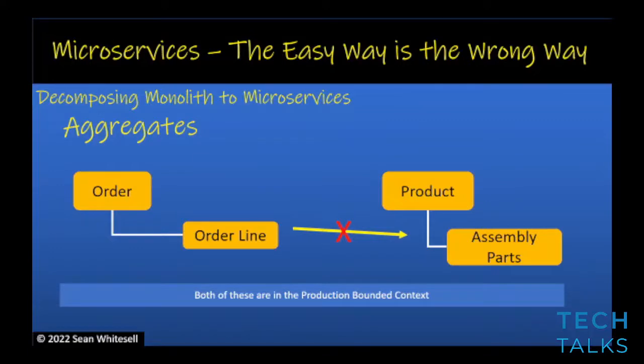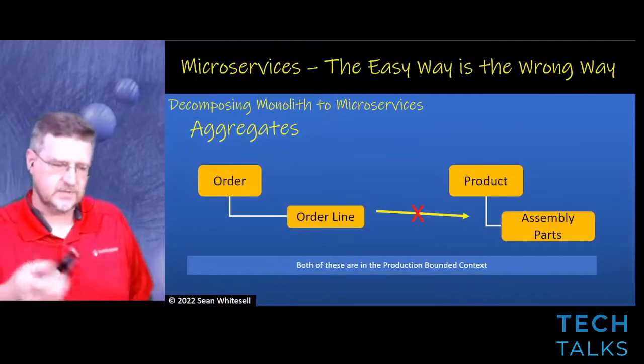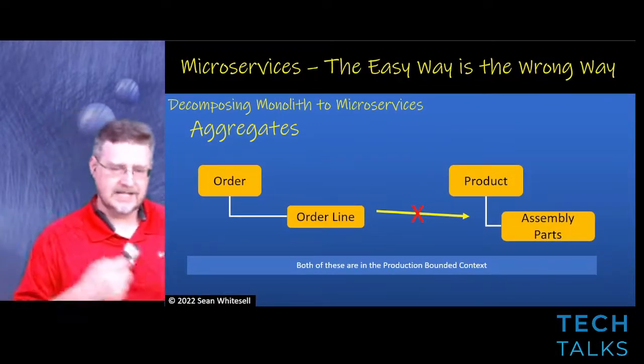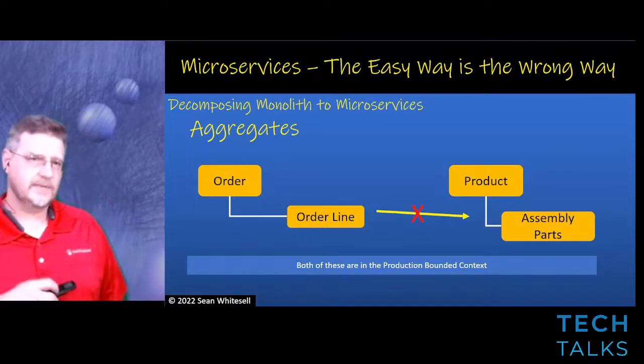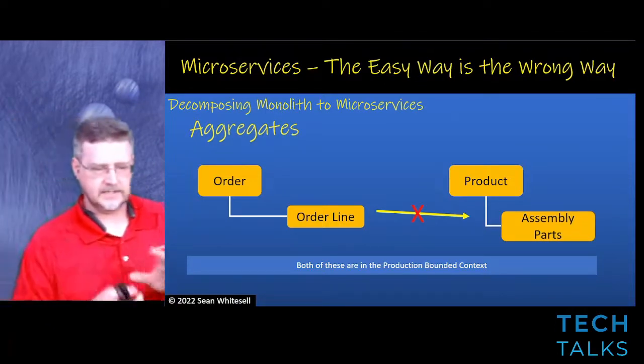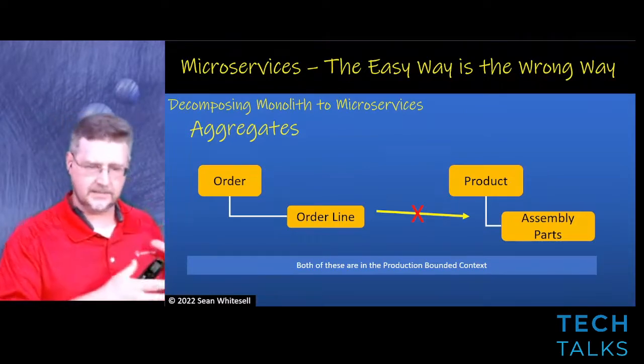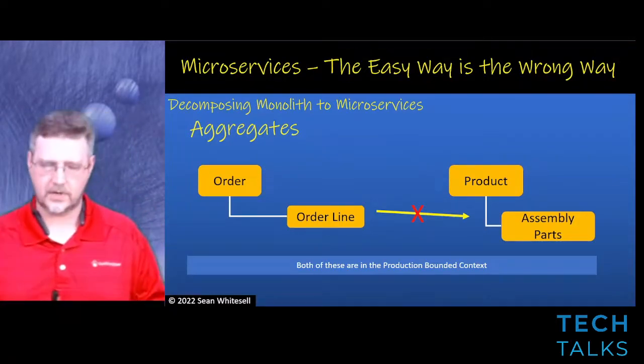The product represents the final item that's being shipped. This is what got sold and is being shipped. An assembly part is, you can imagine, taking some raw material that gets built into sub-assembly parts and then built with other assembly parts to become a final product.